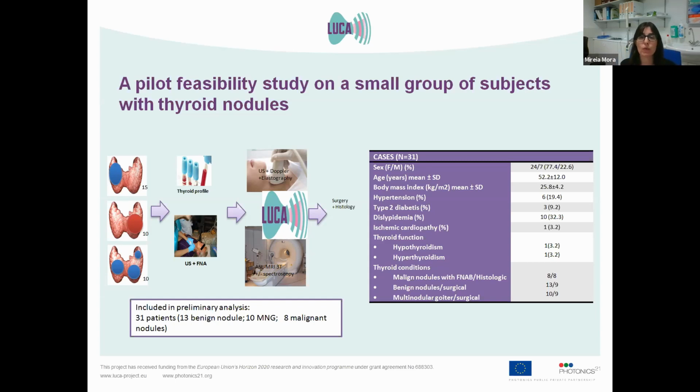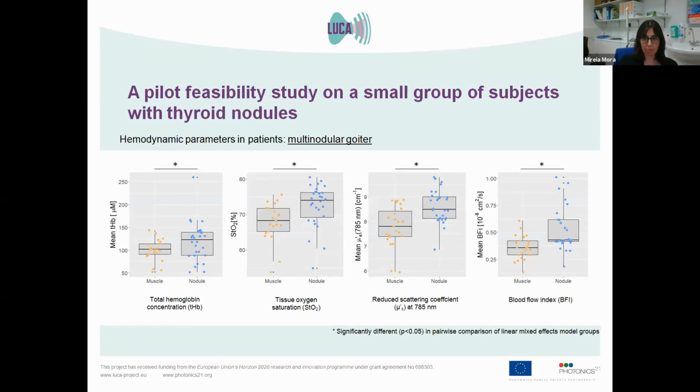And afterwards, we performed the analysis in people with 1 or 2 nodules, in order to see whether these nodules were differentiated from the rest of the thyroid. And finally, we performed a sub-analysis of those patients that only presented 1 nodule in 1 lobe, in order to make individual subject level analysis and compare also with the normal thyroid lobe. So beginning with the multinodular goiter,